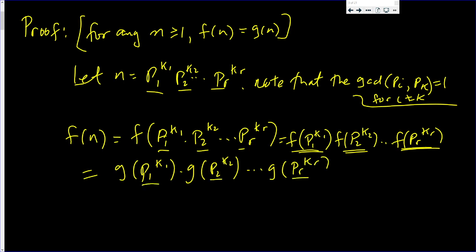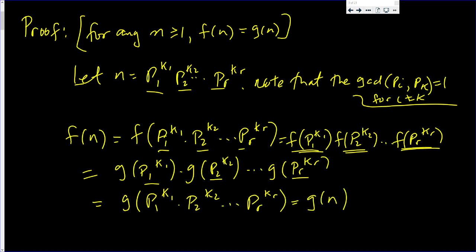Each of these are still pairwise relatively prime. So I could put them together. This is equal to g of p1 to the k1 times p2 to the k2 all the way down to p sub r to the k sub r. But that's g of n. Ooh, look what I showed. f of n equals g of n